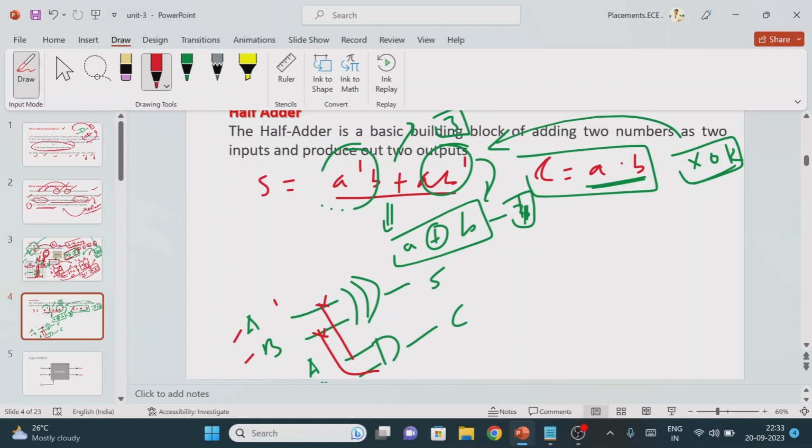The moment you pass input 1 1, it will go here and here, and then automatically it will come to here and here. So with a single pass, the same values are passed to the sum circuit, the XOR logic gate, as well as the AND gate. Finally you will get the output for the sum as well as the carry. So this is about the half adder.